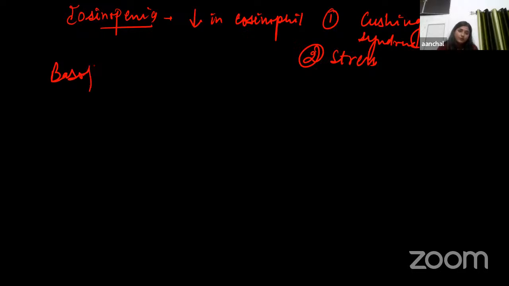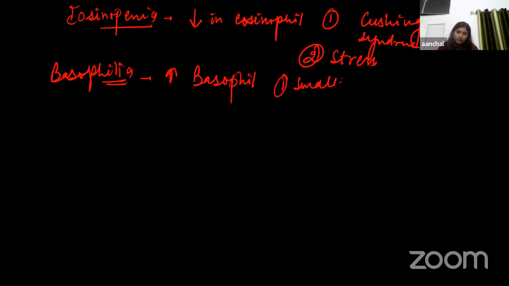basophilia. So again, philia indicates increase in basophil. The cause could be due to smallpox, chickenpox. In case of smallpox and chickenpox, the count of basophil will increase. Then next we have